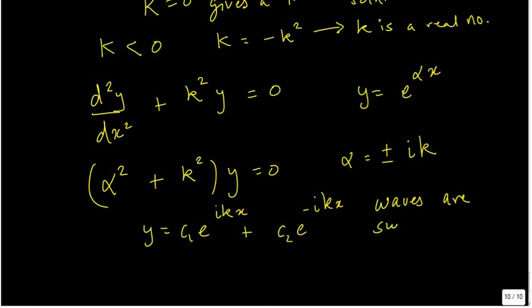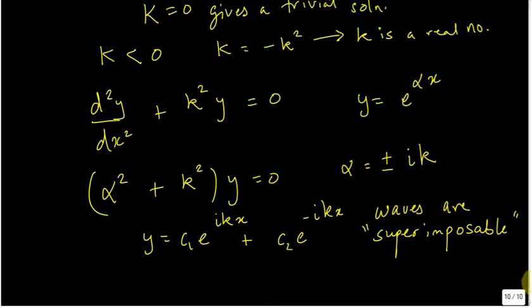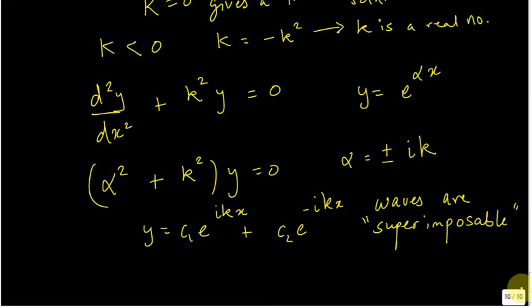are superimposable, or superposable, I don't know. You can superimpose two, three, as many waves on top of each other and still you have that as a solution. Okay? In this case, for this particular example, we just get a two-wave solution. But you can do it. You can superpose all these solutions and still it will be a solution. Okay?